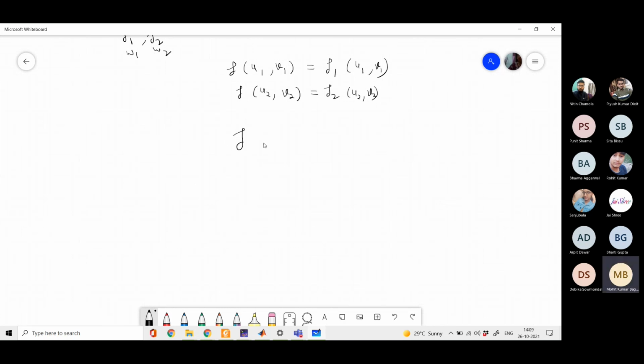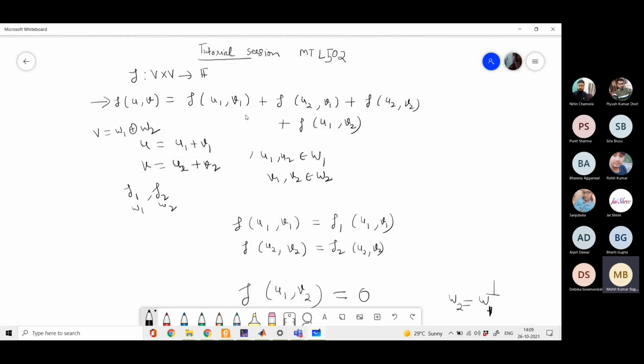And what about the others? F of u2 and v1. What about this? Zero. Yes, we have to define it, so we can take them as 0, because that is how you ensure this condition. So after defining this,